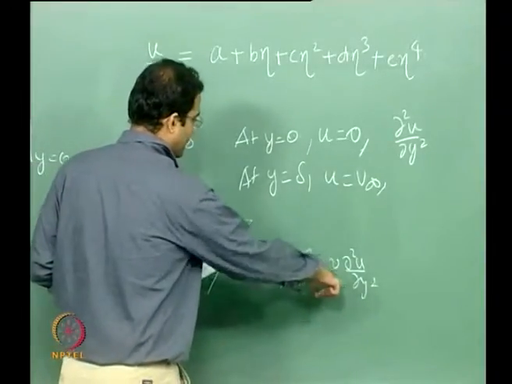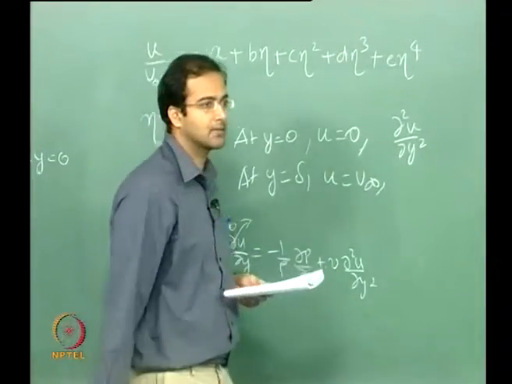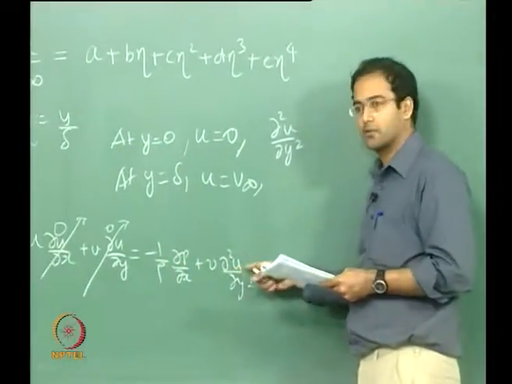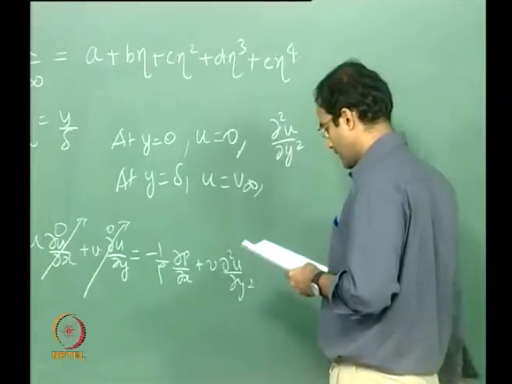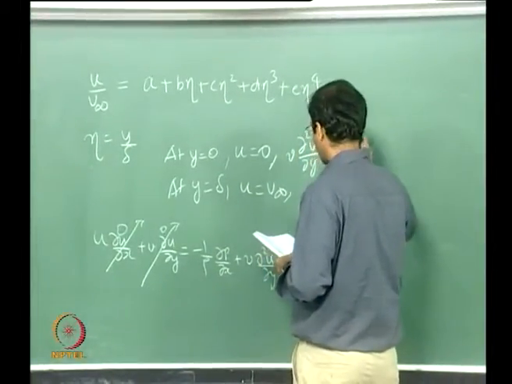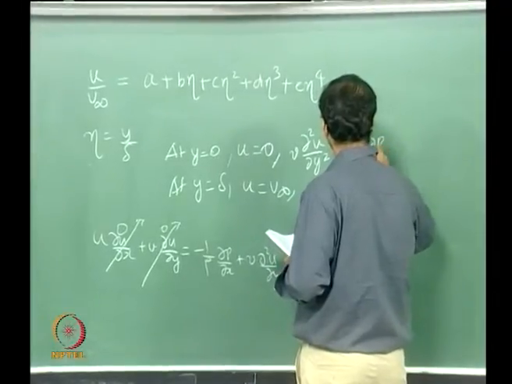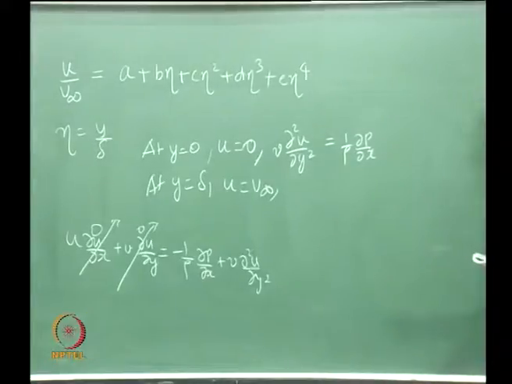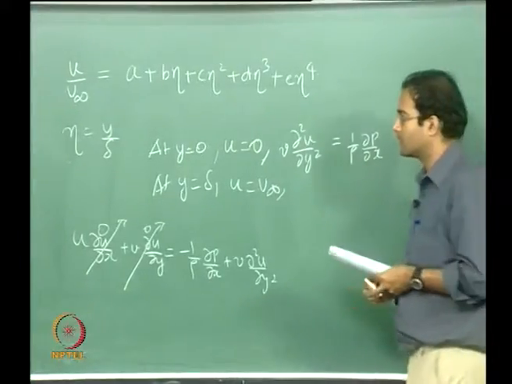So your friction term exactly balances your pressure gradient term, unlike in the Blasius case where this is 0 and therefore this is 0, okay. So you can write nu d square u by dy square as 1 by rho dp by dx. So this is your condition at the wall,